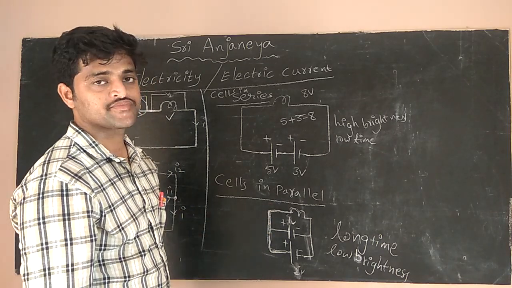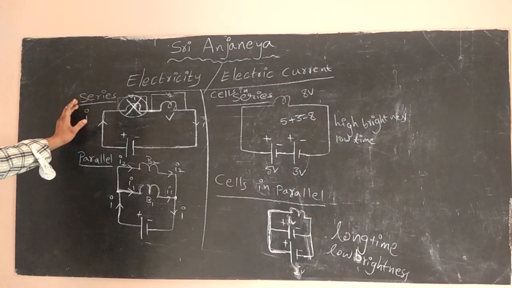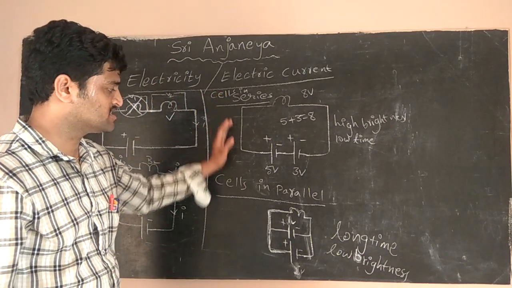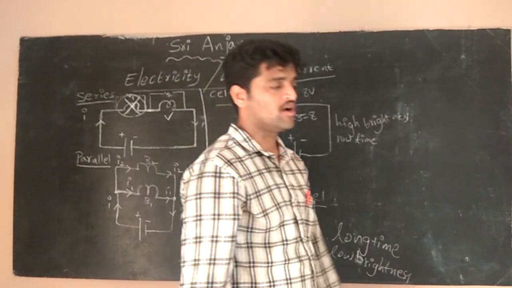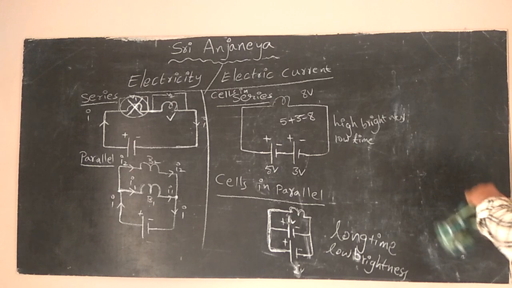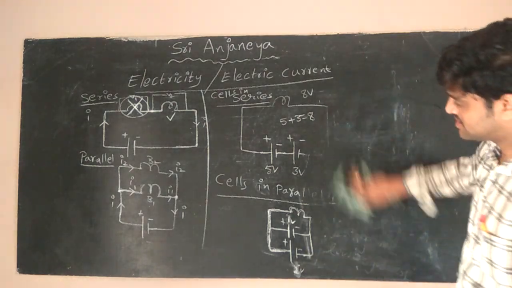This is the scenario where the bulbs are connected in series, parallel, and where the cells are connected in series, cells are in parallel. This is the scenario of what will happen, and let us see the next thing, the most interesting thing,